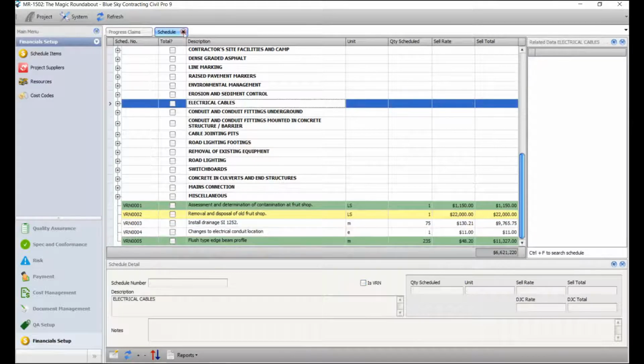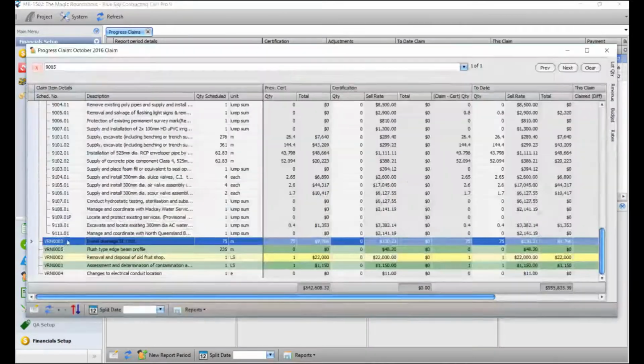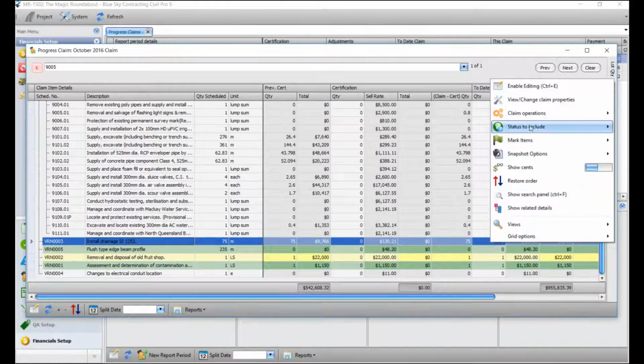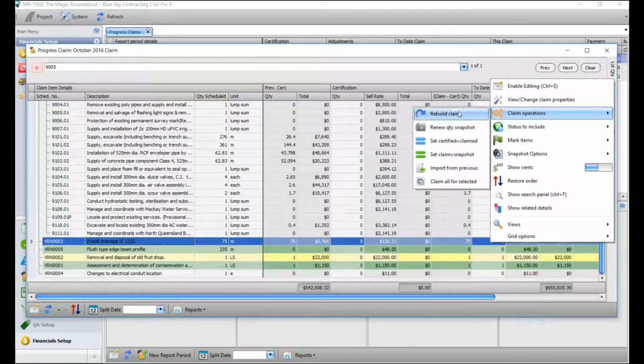And that's done. When Civil Pro creates a progress claim, it takes a copy of the schedule. So when we go back to the claim, we can see that it remains unchanged. So what we need to do is use the claim operation to rebuild the claim. So if I rebuild my claim,